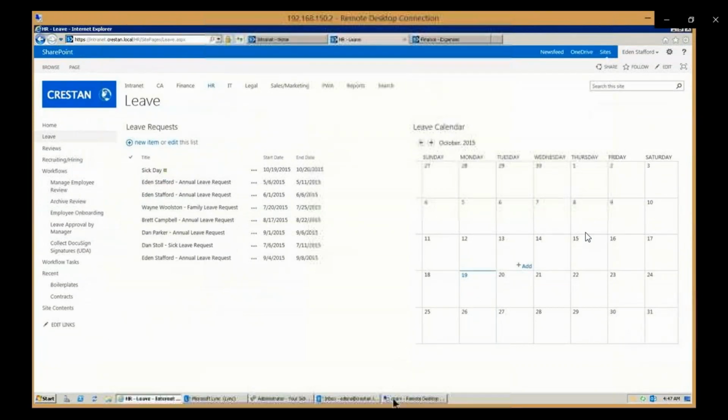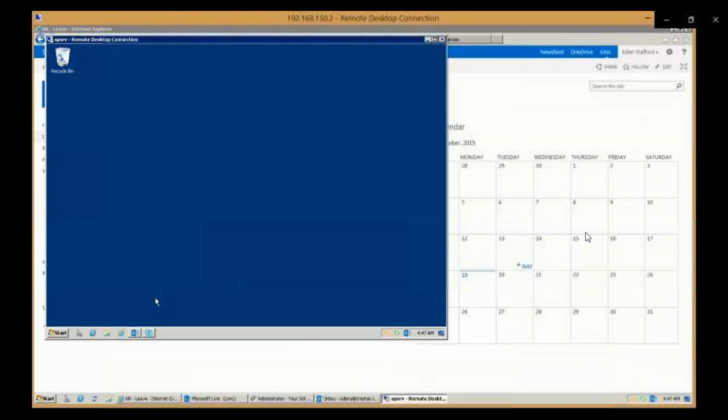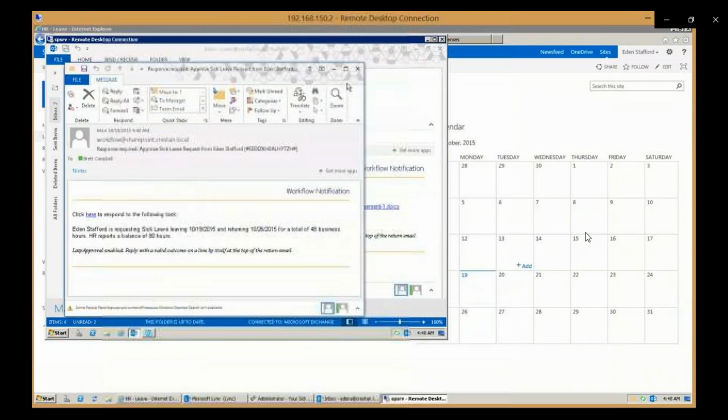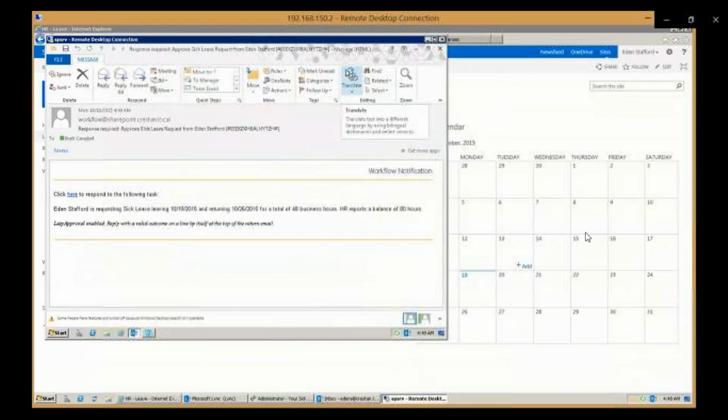the next thing that we're going to do is we're going to go over to supervisors. And we're going to open this up with email stating that an individual was requesting time off. And the thing to note here is that this form or the email that has been received is very much tailored to the request. So you'll see here that the email is requested typically starting from 19 for 48 hours and HR reporting 80 hours. So the law says every day he or she